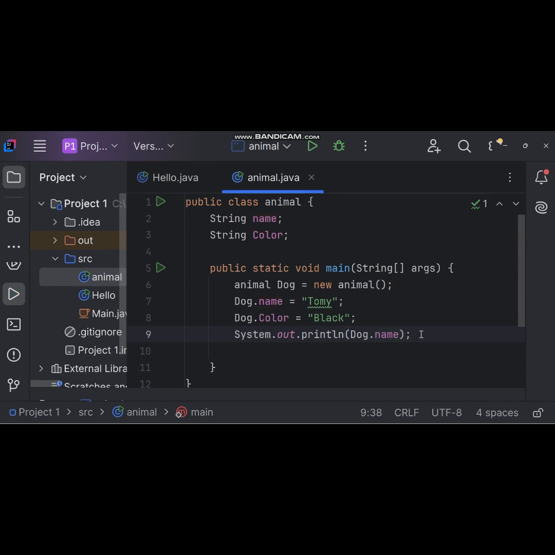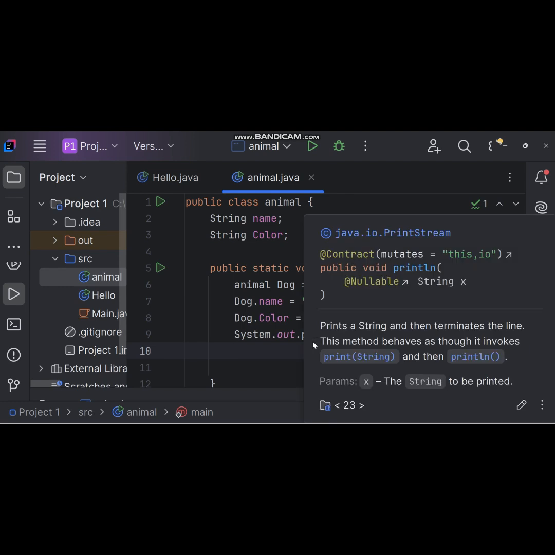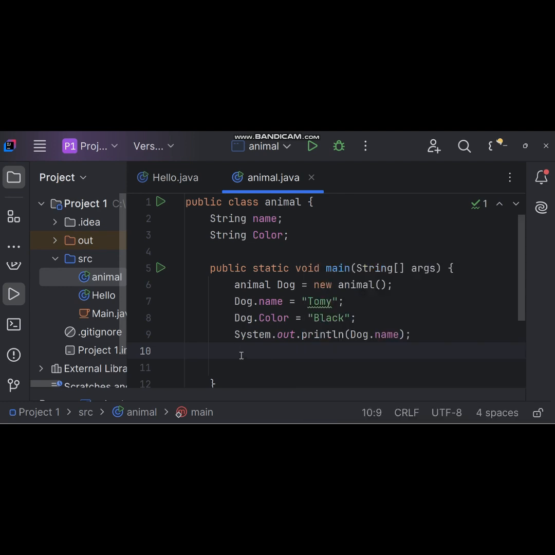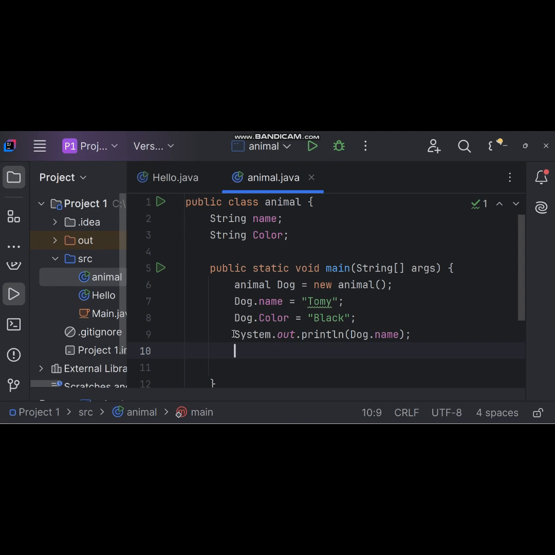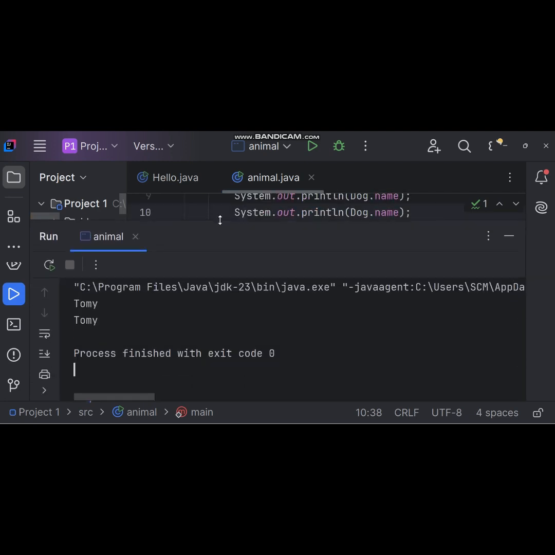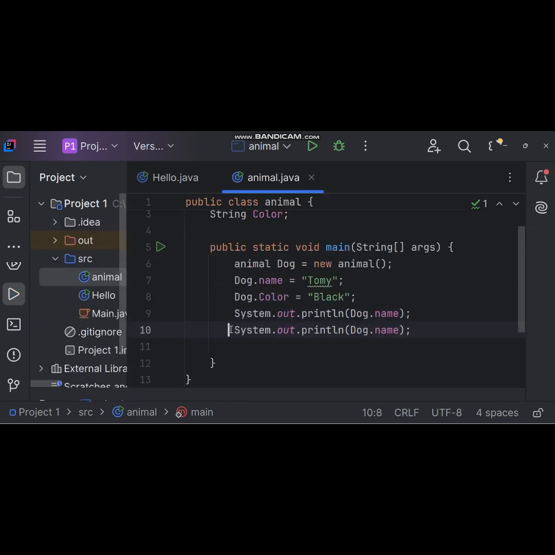Next thing I will tell about the comments. As I have told you, comments are the part of the code which are not actually executed, but are used for note taking or something which is not executable. For example, this line prints the name of the dog. If I copy this and paste it again, it should print the name twice, as you can see here, Tommy. But if I comment this out,